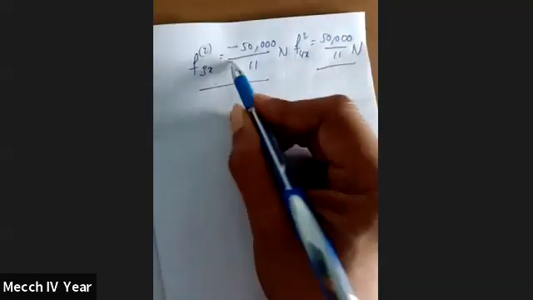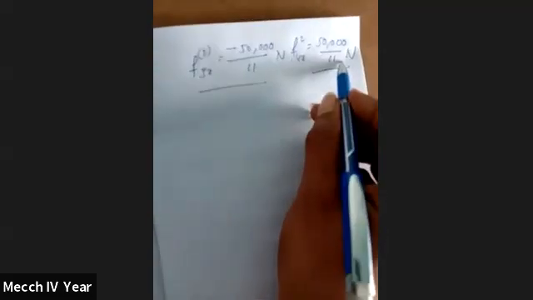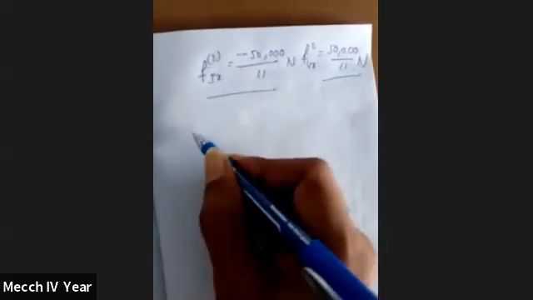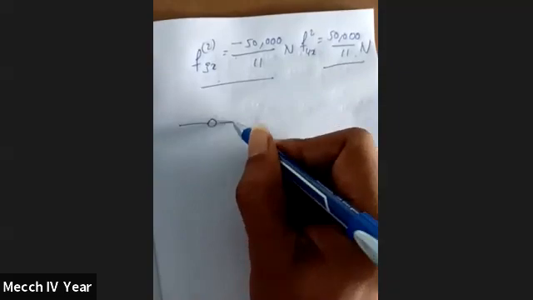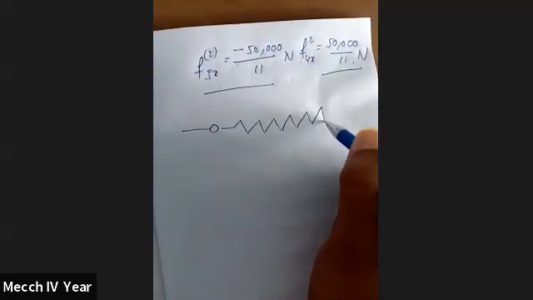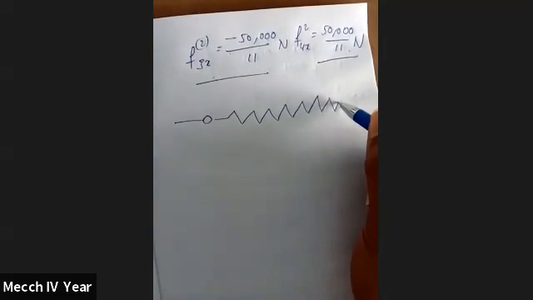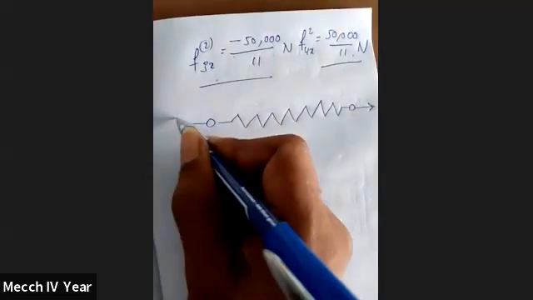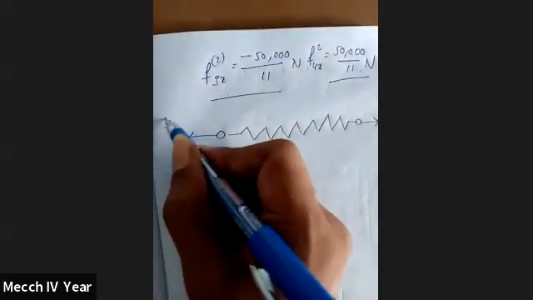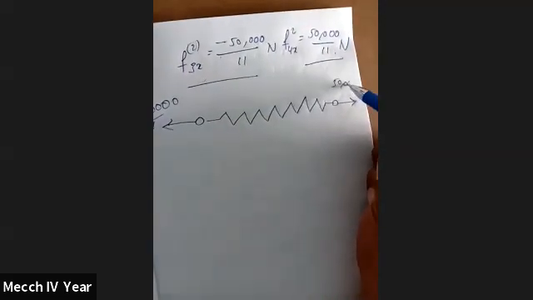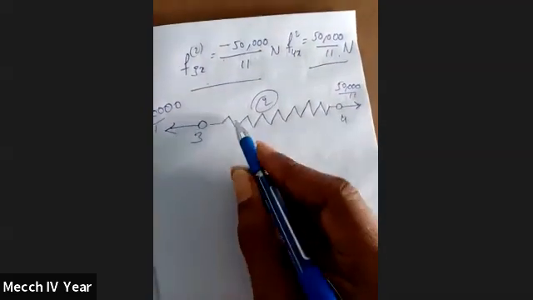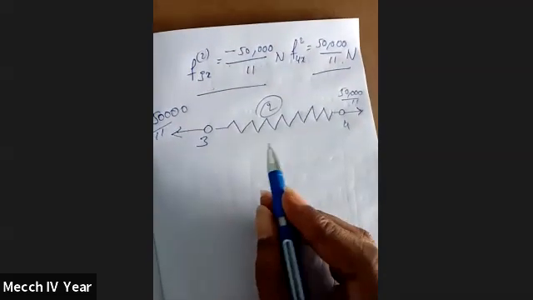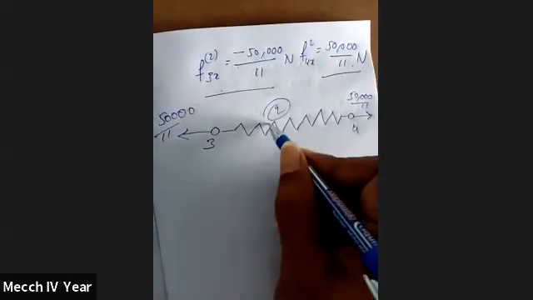Here, having one minus and one positive, the answers will be the same. The answers being the same means it is in equilibrium condition. Now I am going to draw the free body diagram of the second element. This is the free body diagram for the second element. This is the second element, this is node 3, this node is 4. This is also in equilibrium condition.